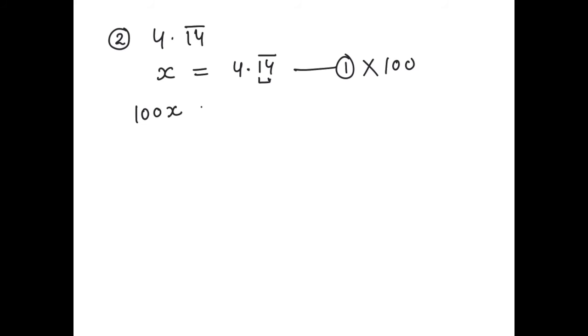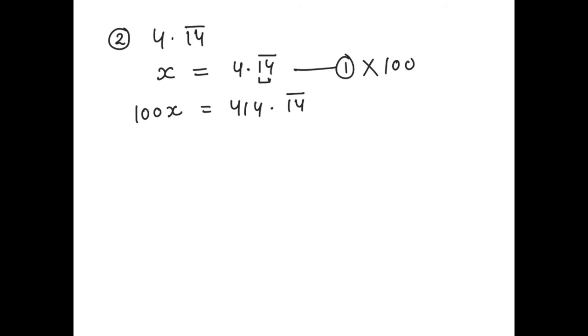Now let's do the second example. It says 4.14 repeating. So first step is take x equal to 4.14 repeating. Our second step says multiply it with a multiple of 10. As there are two places after the decimal, you will multiply it by 100. So it will be 100x equal to